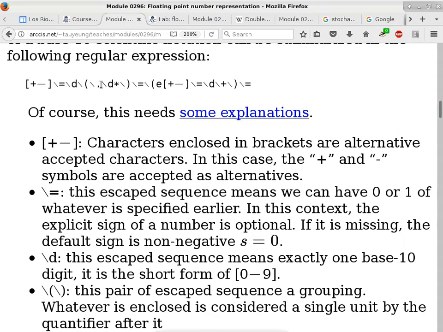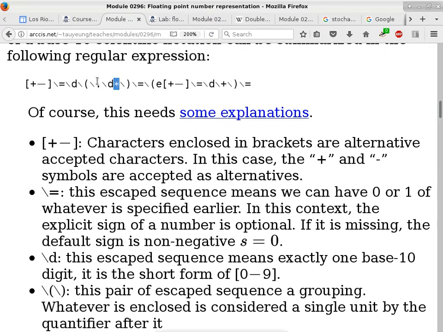And then it is followed by backslash D, which once again is 0 to 9, but it's only 1. So now we have an asterisk. Asterisk means whatever is right before the asterisk can occur 0 up to as many times as you want. So it is not the same thing as a backslash equal to, which is optional, 0 or 1 occurrence. This means any occurrence, including 0. Is that okay?